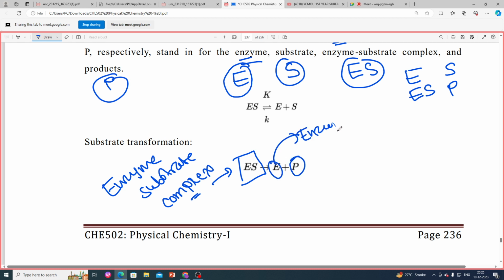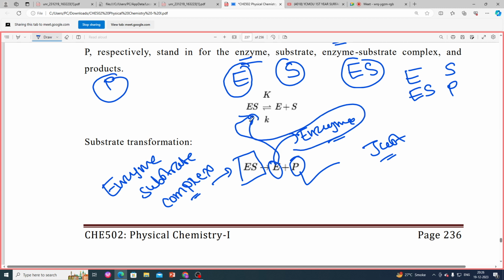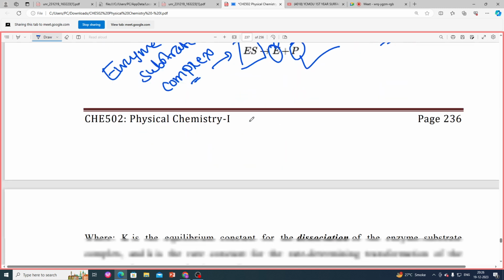The enzyme comes back to us here, and this same enzyme works again for another reaction, just like a catalyst. A catalyst only speeds up the reaction, and after the reaction is complete it separates out. It cannot chemically react. So like that, here the enzyme works the same way as a catalyst. The enzyme remains as it is, it is not converted into the product, and separately we get our product. The remaining enzyme again takes part in another reaction. Yes, this is the mechanism